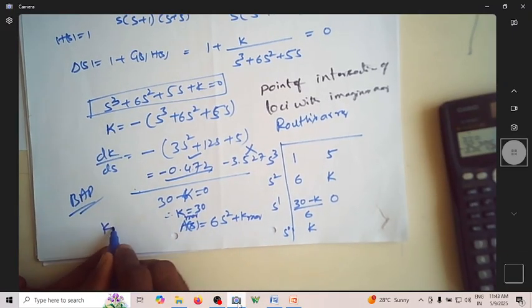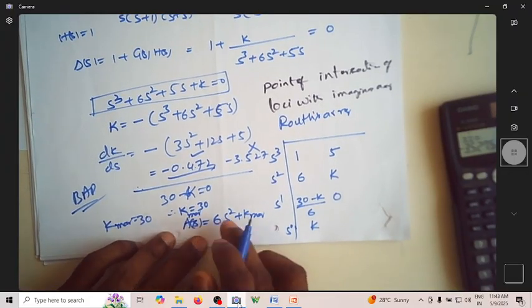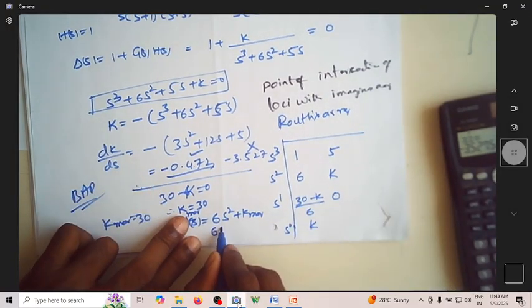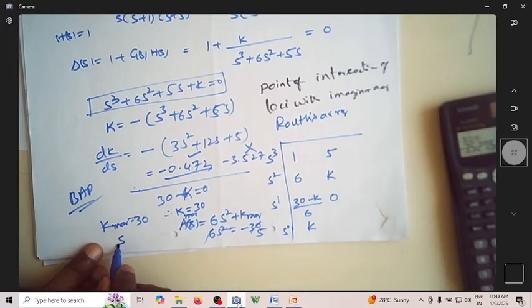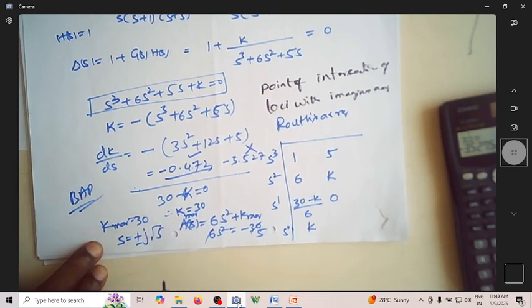How much is k margin? K margin is 30. So if you find the roots, 5s squared is equal to minus 30, then s squared is minus 6, and s is nothing but plus or minus j root 6, which is